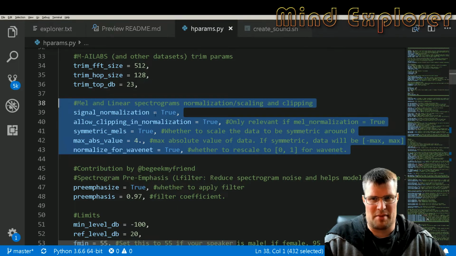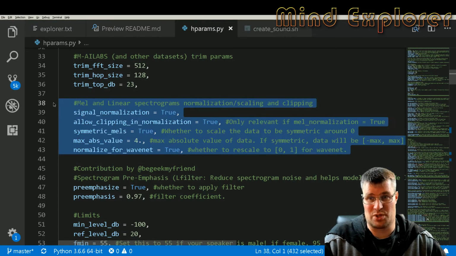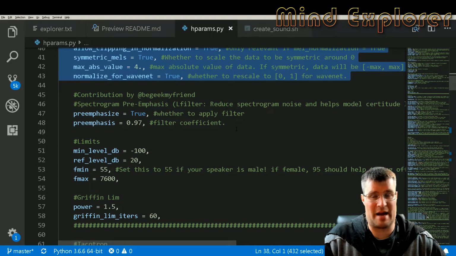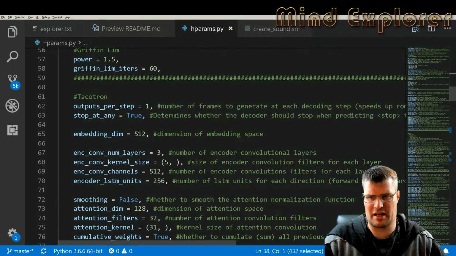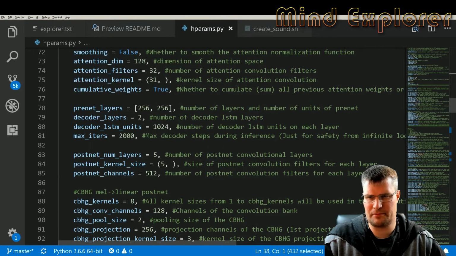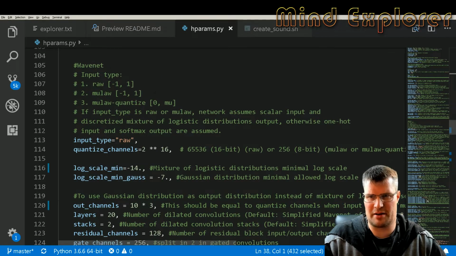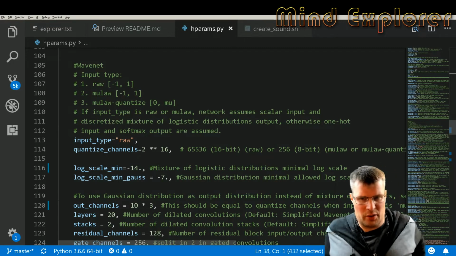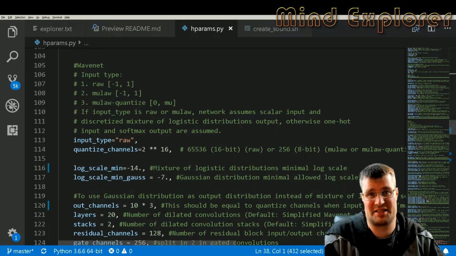We have mel spectrogram normalization, scaling and clipping. There's a lot of parameters, a lot of things you can tweak on here. Everything here is something that I haven't touched, it's just as it is. A lot of things, as you see. Then we come down here to the WaveRNN, and WaveRNN training is the hardest